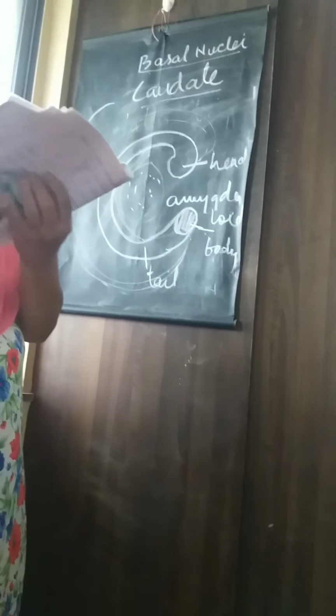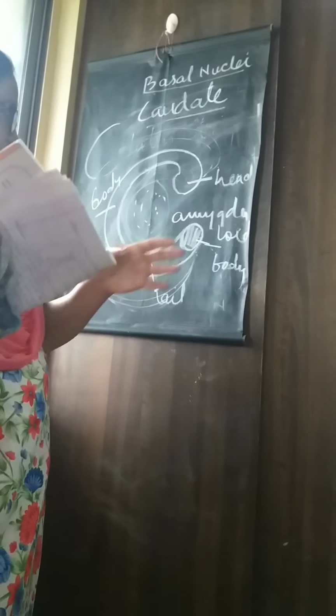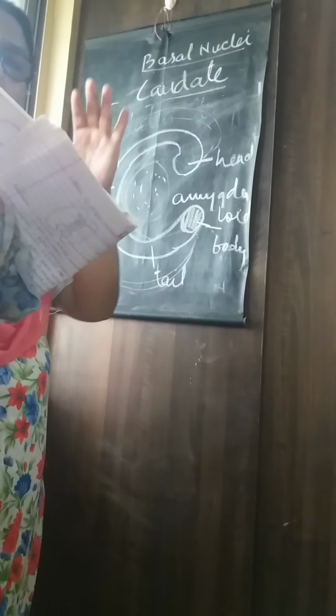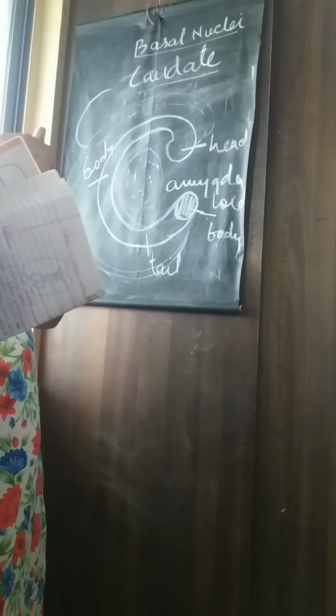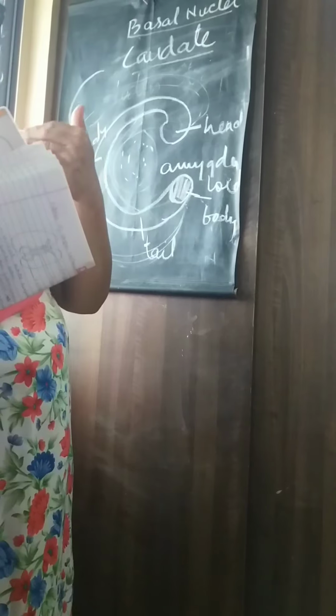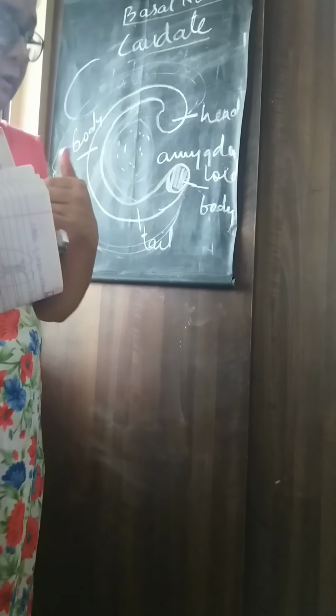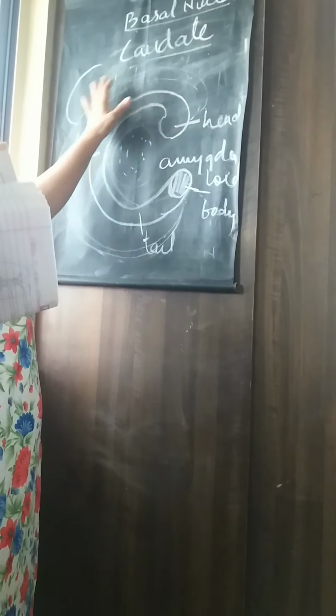So the caudate nucleus is comma shaped. It is present in the cerebral hemisphere, in the posterior part between the occipital and the parietal lobes. It is surrounded by the lateral ventricle, and within the concavity of the C is present the thalamus